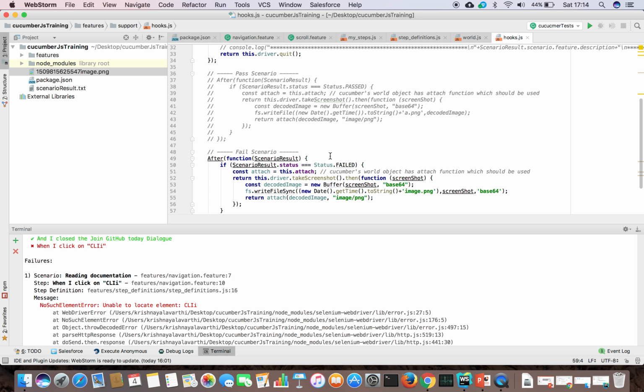Why are they useful? For reporting purposes. You can take this screenshot at the ending of all your scenarios, and for the failed scenario also, at the ending where it failed, it will take a screenshot. If you want to take any screenshot